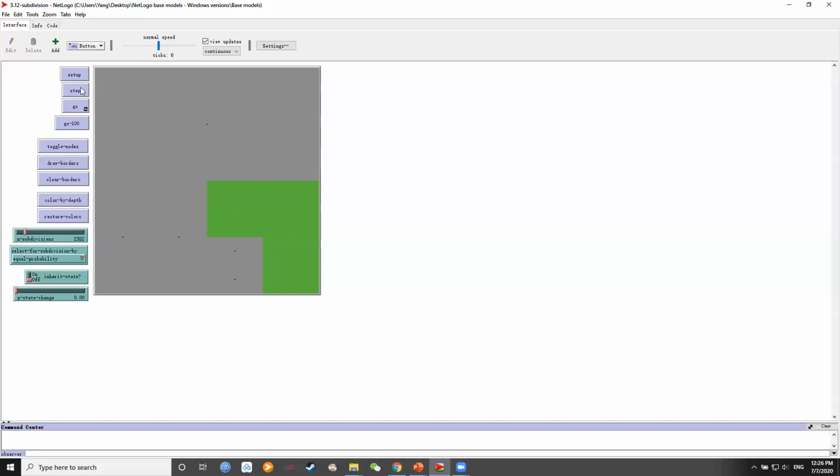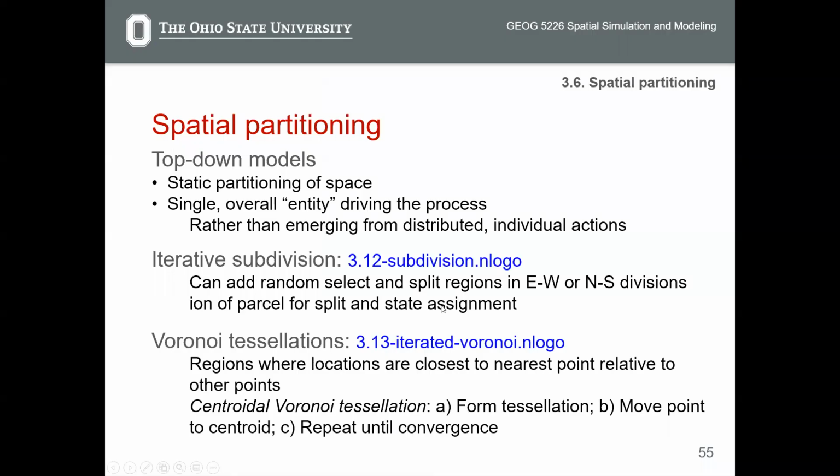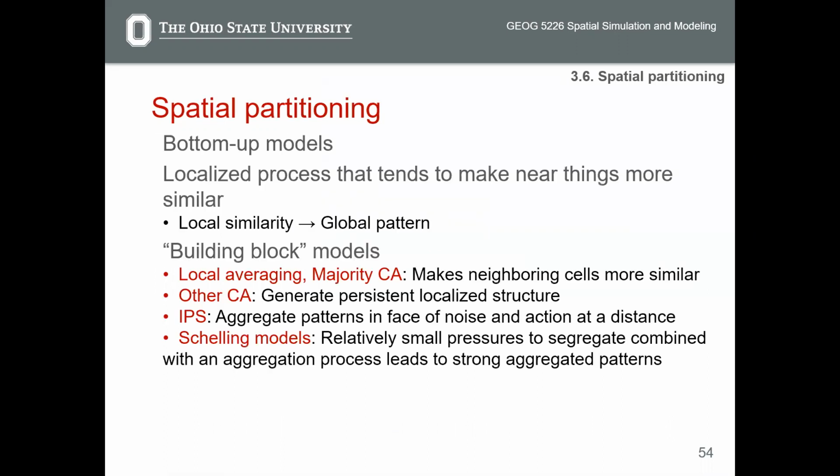It is happening from the whole space. This is a whole space. One polygon is a square, and it will be divided. Okay, so this is another type of spatial partitioning, because what we have discussed here, all these models, they